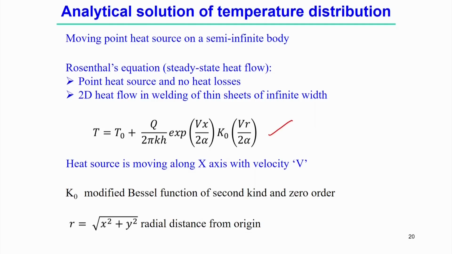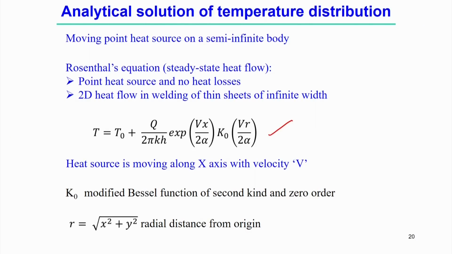And here we see that there is an effect of the velocity in this solution. That means, if we know the velocity of the welding, then we can find the temperature distribution analytically more precisely in the case of the linear welding process. Here we assume that the velocity is defined, that means the welding arc is moving in one direction, that is the x direction. When the heat source is moving in the x direction, this steady state solution of temperature distribution is valid. Now, if the welding direction is maybe the y direction or some other direction, then accordingly